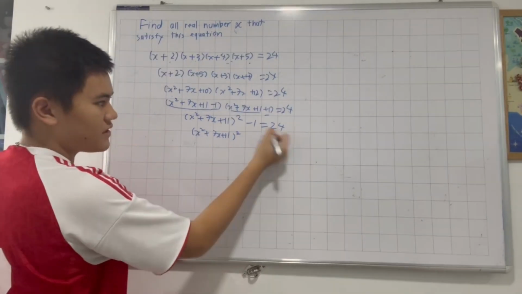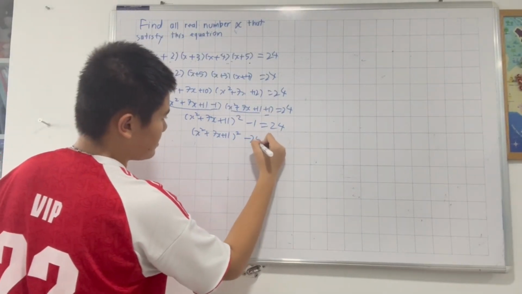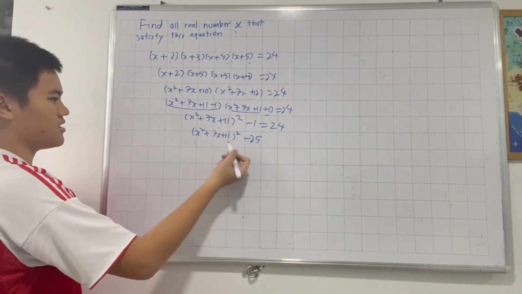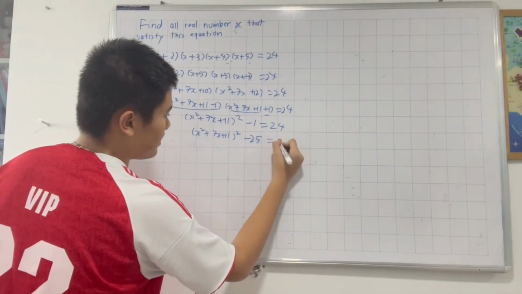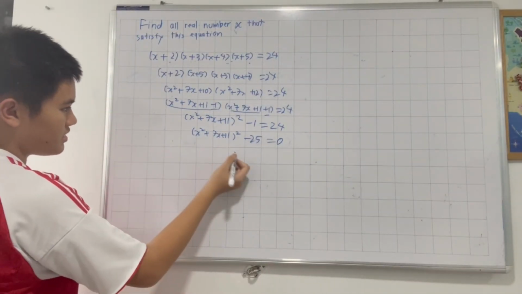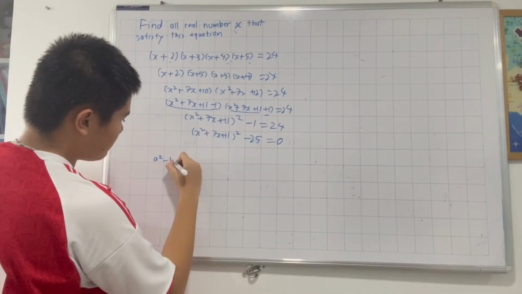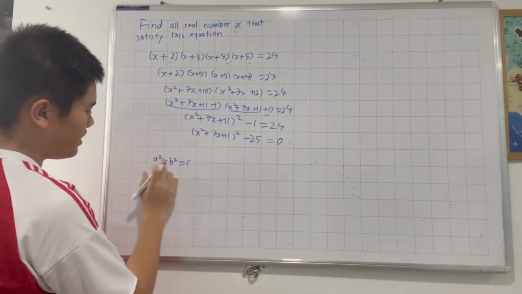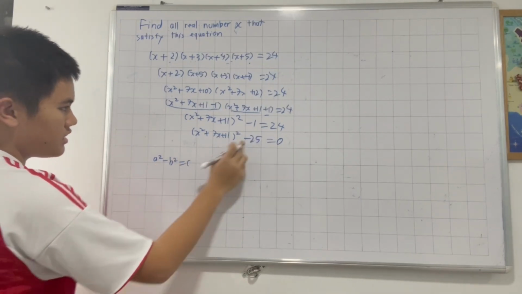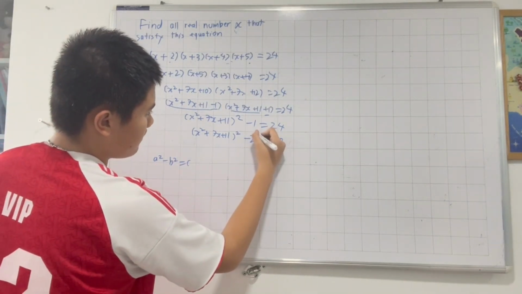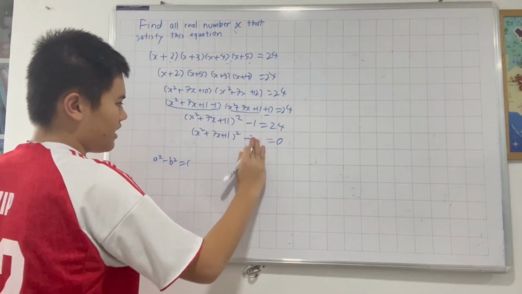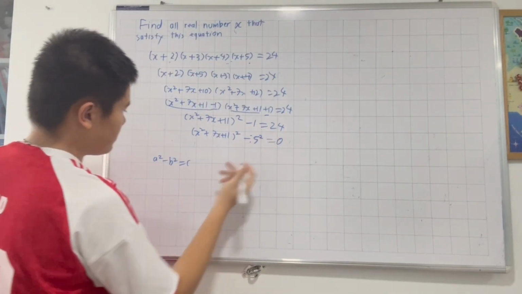And now we're gonna move the 24 to this side, so it became (x squared + 7x + 11) whole square minus 25 equals 0. And you notice it's also the same case. It's a squared minus b squared. This is the same as 5 squared, you see, 5 squared is 25. And I think we will write this as 5 squared, so it's easier